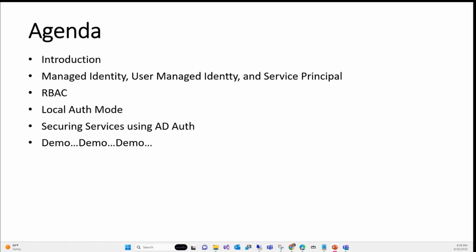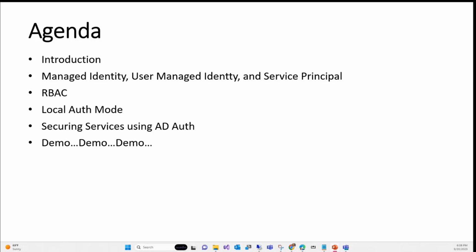So today's agenda, we're going to talk about the RBAC, why it's important, and how you're going to use the identity for the RBAC. It can be a managed identity or user managed or service principal, when you use those things and what's the difference and what's the best option. And then we're going to explore the RBAC policies, and how you can assign those access controls to your service and how you can use the service and what's the benefit of all those things.